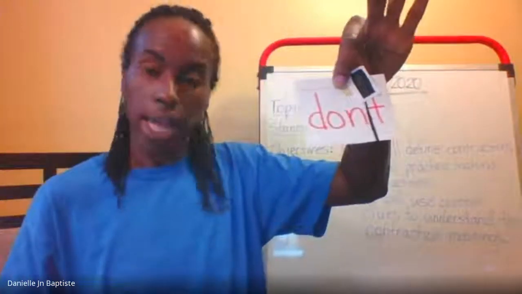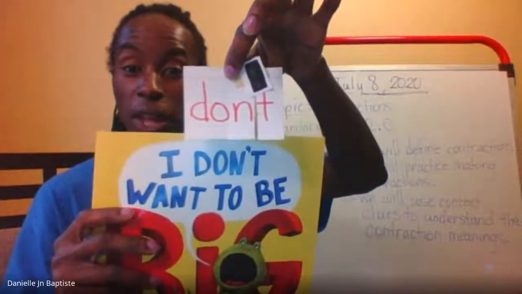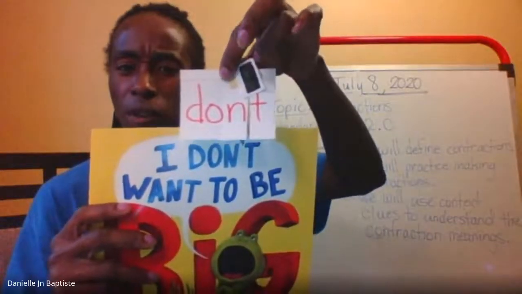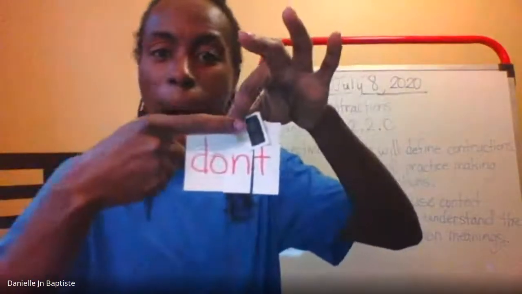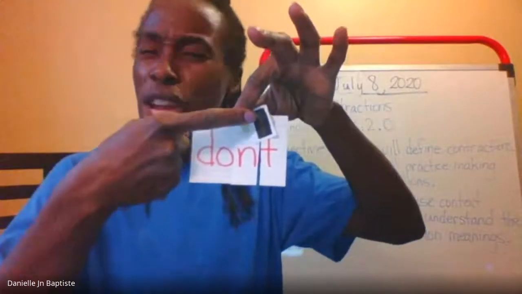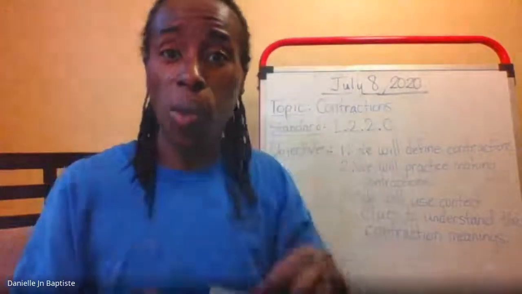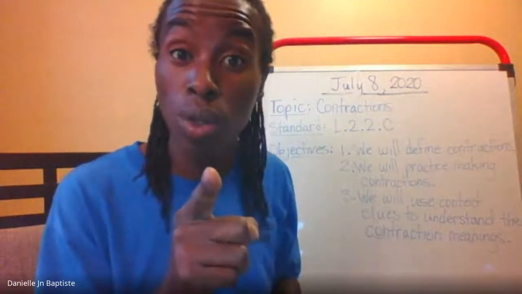But look at this. I just took two words and I made one, and it is a contraction. Now they are the same. They both have a D, they both have an O, they both have an N, they both have a T, and they both have this wonderful mark right here that is called an apostrophe. You say it. Apostrophe. We always need this apostrophe when we make our contraction so that the reader knows that it